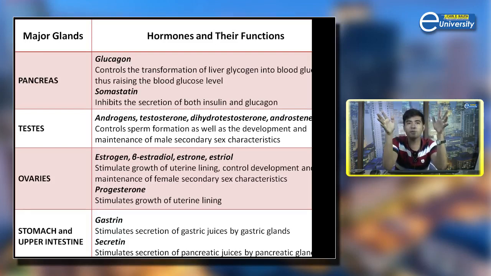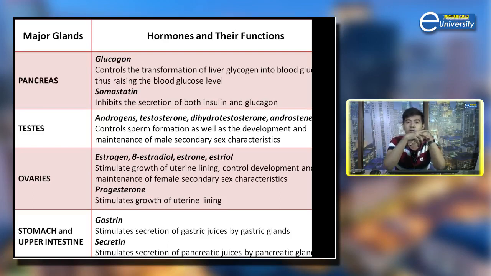These hormones control sperm formation in the process of spermatogenesis, as well as the development and maintenance of the male secondary characteristics, while the ovary secretes estrogen, 17-beta estradiol, estrone, and estriol. It stimulates growth of the uterine lining and controls development and maintenance of female secondary sex characteristics, together with the progesterone,